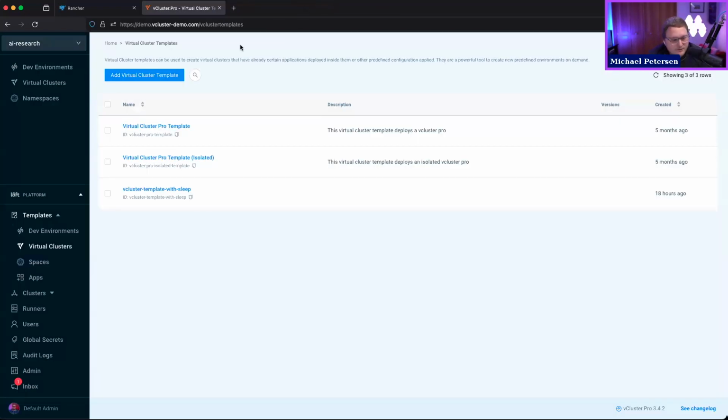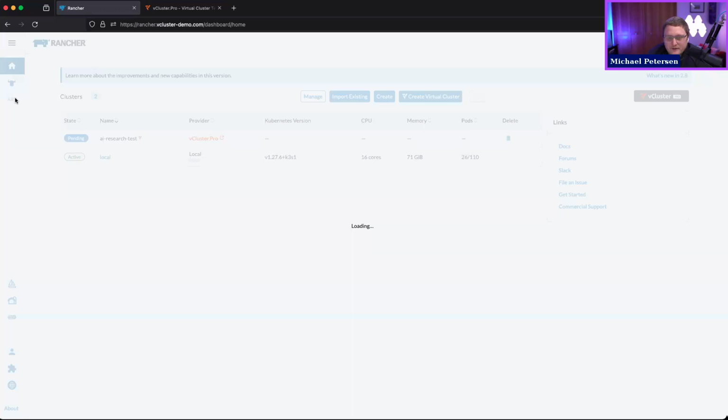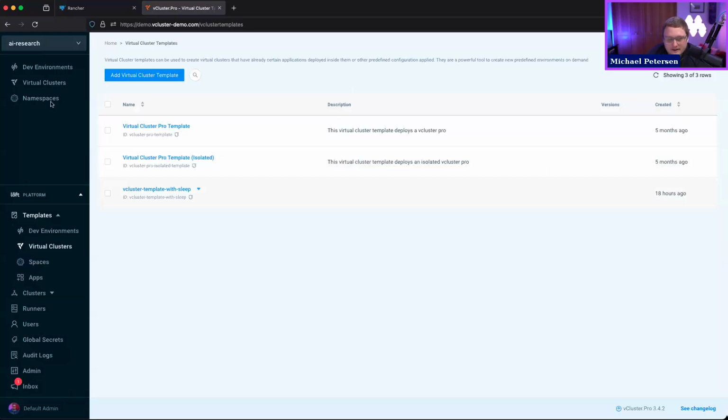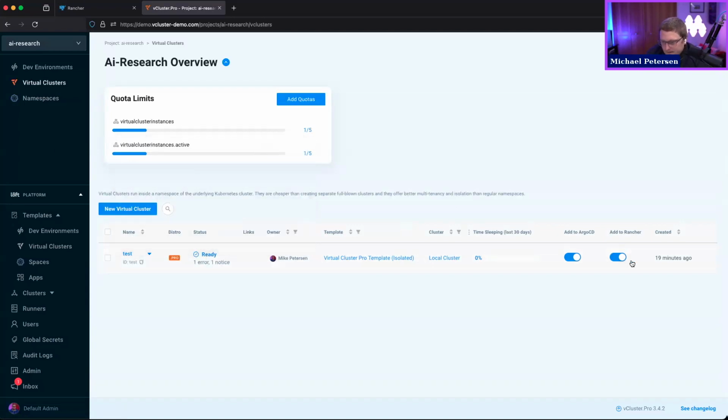Let me go ahead and show. All right, so when vCluster is provisioned with Rancher integration, does it show up as a new cluster in Rancher? Yeah, it'll show up as a new cluster. Live demo. So of course it was working previously, but there's an error. Let me see what the error actually is. Let me see if I can add it again. Basically,